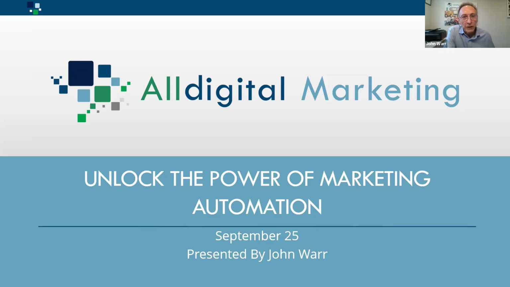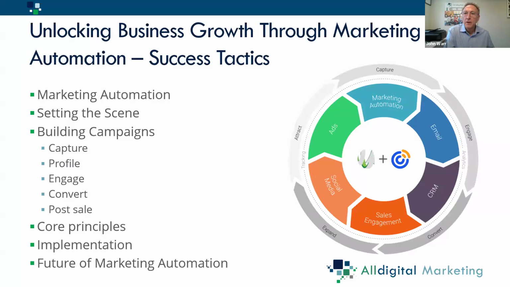Today's topic is around unlocking the power of marketing automation. Thanks for joining. We've got about 40 minutes here. It's three parts. First part really is what is marketing automation, because people have had different understandings of what it means. Setting the scene, why is it important? Then what do you need to do to make it work for you? So how in your business do you apply it? And then the last part is really just bringing up some implementation and what's going to happen in the future, where this is going to go,